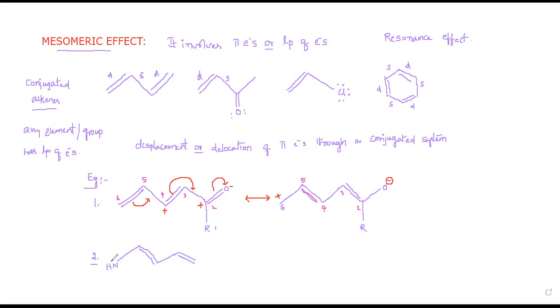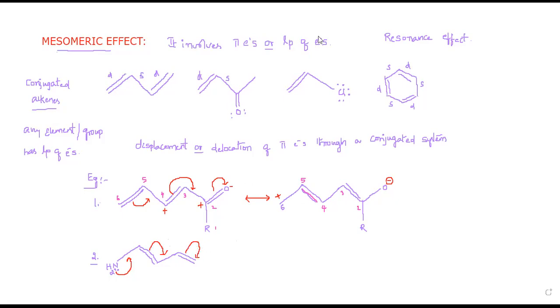NH2, and this has a lone pair of electrons. You know that nitrogen has a lone pair of electrons, and whenever the lone pair of electrons from the nitrogen, I will represent with an arrow mark, it is able to donate its electrons towards the other side. This pi bond is shifted here, and then this pi bond is shifted on this carbon atom.